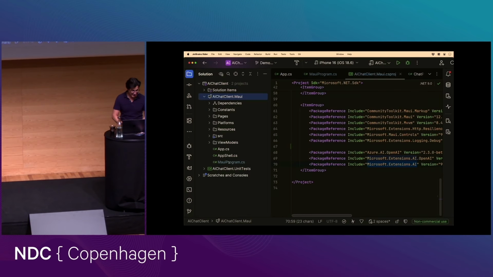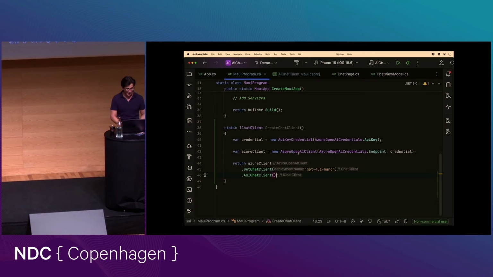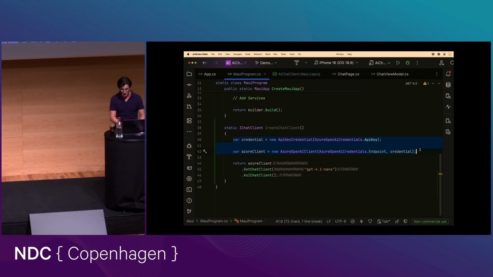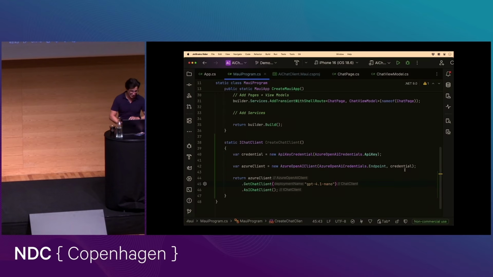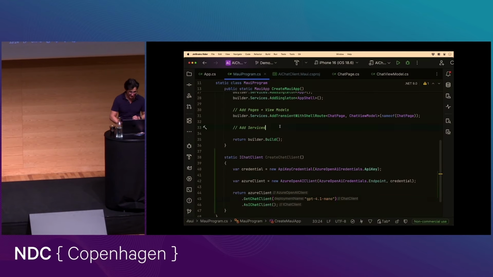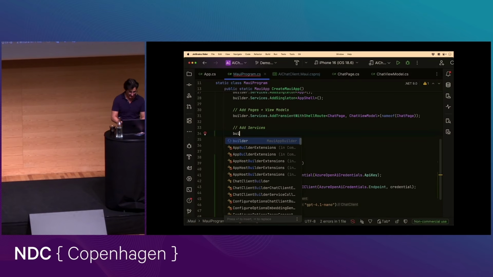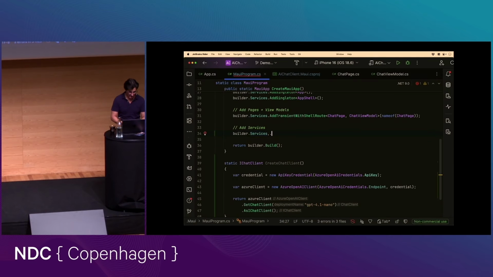So when we come back here to our MAUI Program.cs file, you can see this IChatClient. This is inside of Microsoft.Extensions.AI. So this is the only code specific to our platform. This is the code that when our boss comes to us and says, oh, we're leaving Azure for AWS, these 3 lines of code are the only things we need to change because we're never going to touch those platform-specific libraries again. So now that we have this method, I can say builder.Services, and I can say add chat client,